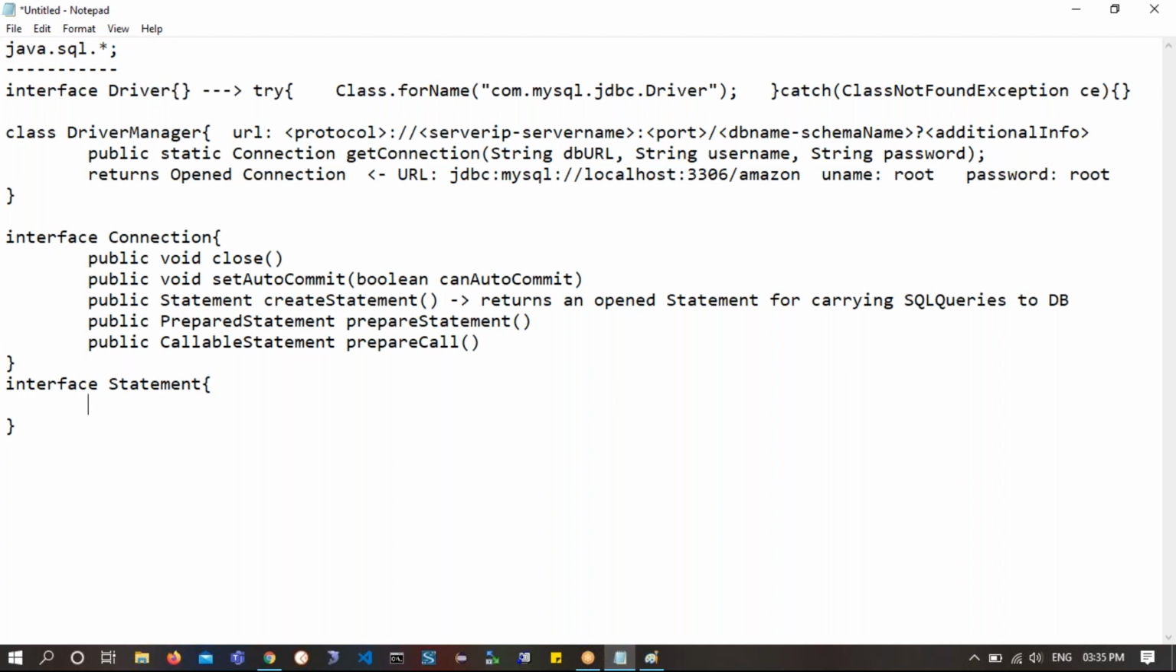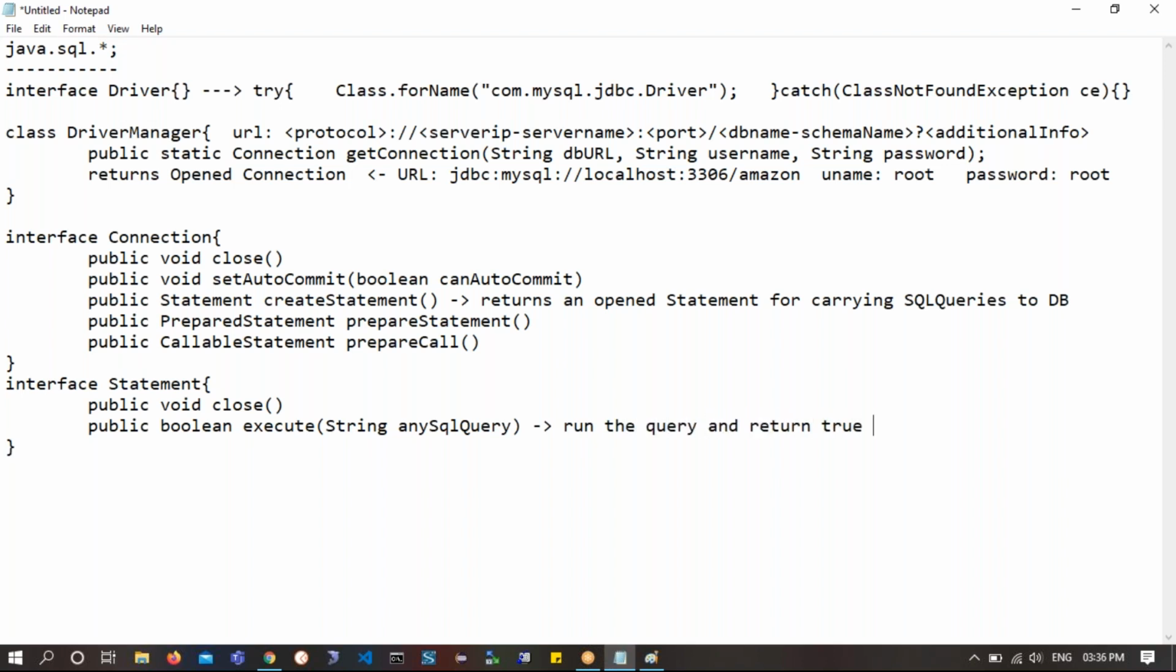So here, the statement which is already open, we can only do public void close. And then the statement which is taking our query to be executed at database side can actually call the public boolean execute method. When you call public boolean execute, which basically takes a string, any SQL query, this has the capability to run the query and returns true if